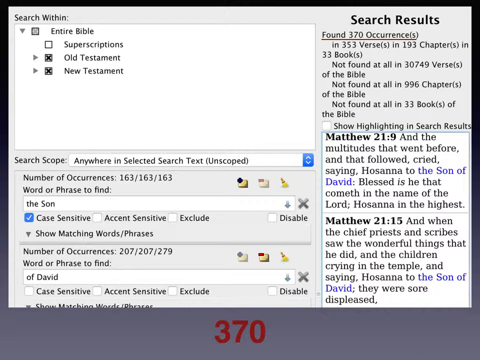I believe it occurs 3 times in the King James Bible, but it says, "And the multitude went before, and that followed, cried, saying, Hosanna to the Son of David. Blessed is he that cometh in the name of the Lord. Hosanna in the highest." Okay, the name David